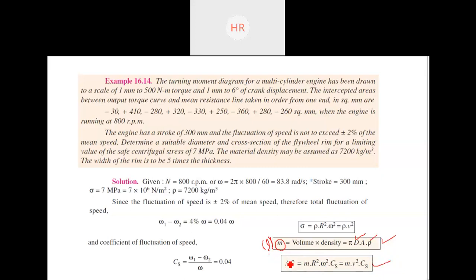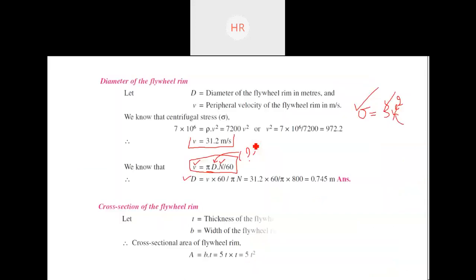So we can see delta E is equal to m v square into Cs. We have found this v. Cs is given to us, and delta E can be found from this data. We are given the fluctuation of energy, so delta E is actually maximum energy minus minimum energy. We have to identify which one of these is maximum energy and which one will be minimum in our complete cycle. So let's move ahead.